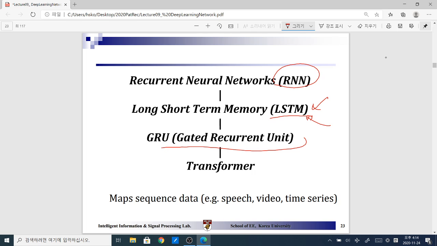Now, one that also resolves the problems of LSTM is called the gated recurrent unit, or GRU. And also nowadays, by the way, we use a transformer in place of RNN, LSTM, or GRU. So the transformer is indeed the de facto scheme for capturing and mapping dynamic or sequential type of data. Okay, with that, maybe I should